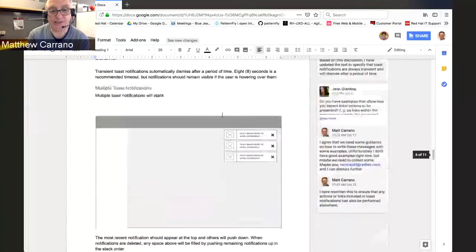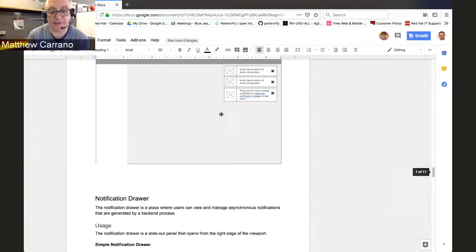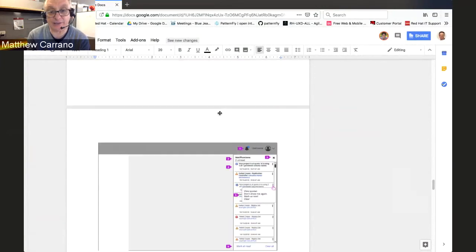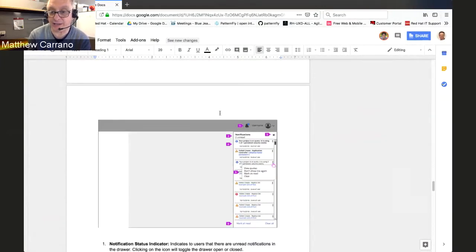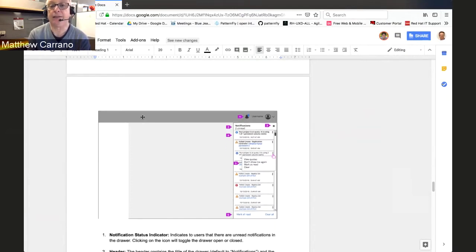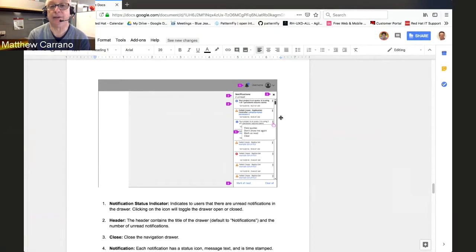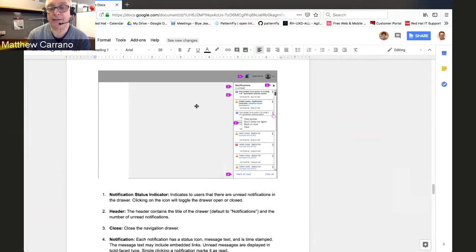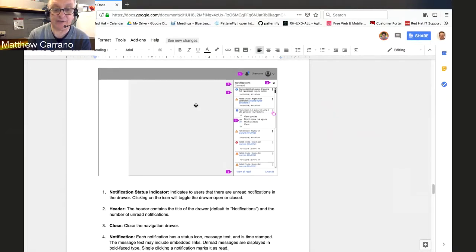And then the other thing that is included in here is discussion of the notification drawer. The notification drawer has not been implemented as of yet, so we wanted to get out in front of that design a little bit. This talks about the use of the drawer, what goes in the drawer. This is not really drastically different at all from what's in PatternFly 3 in terms of the behavior and function of the drawer, but